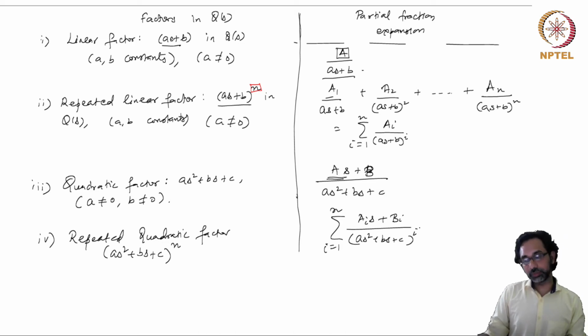So these are the forms of partial fraction expansions for each of these cases. You can have other cases as well, but we will restrict our study to only these kinds of cases. And in many examples, you can reduce higher order factors to lower order factors using some factorization method, and then you can apply these partial fraction expansions that you know. Okay, so let's see some examples.